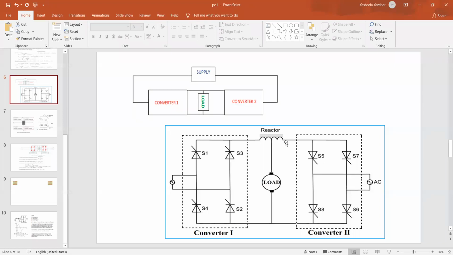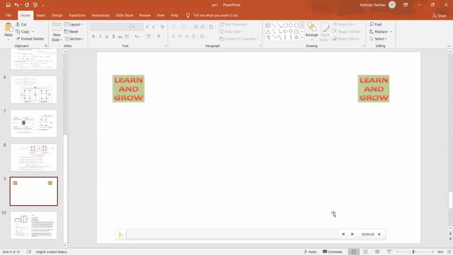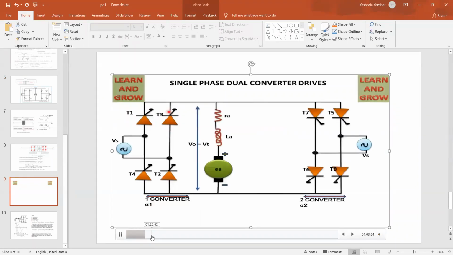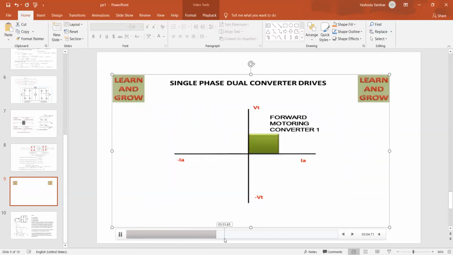So this has to be represented in the circuit. If you see the non-circulating current mode, it will never have that particular value. So now we have the motor. I can rotate the motor in two different directions. You can see this is the reactor which they are showing in the animation. One converter is operating. The same theory, the derivation is important, as I mentioned. Now the motor is acting with firing angle, you can see, less than 90. It acts as converter 1. It exactly acts as a motor. Power is transferred from source to load.